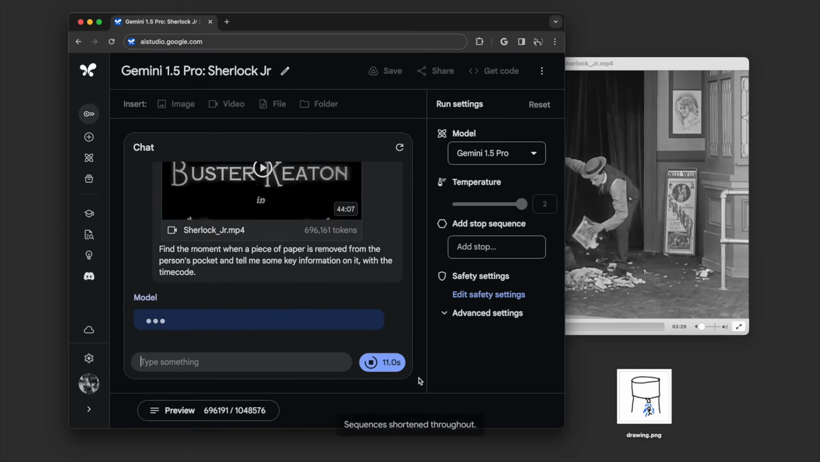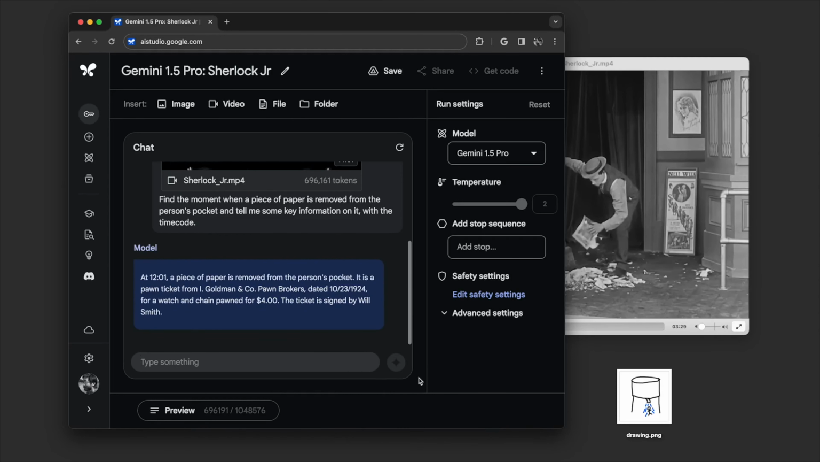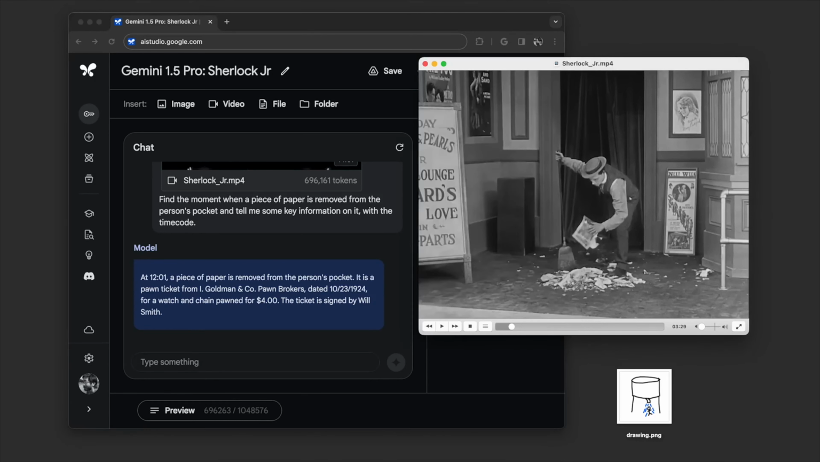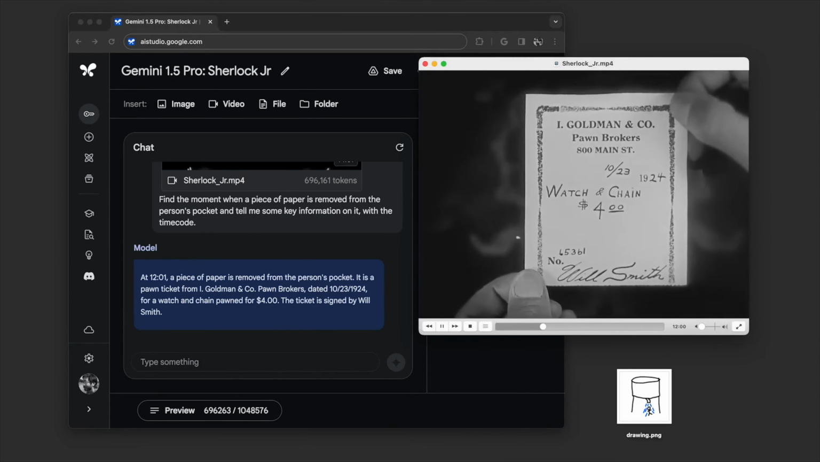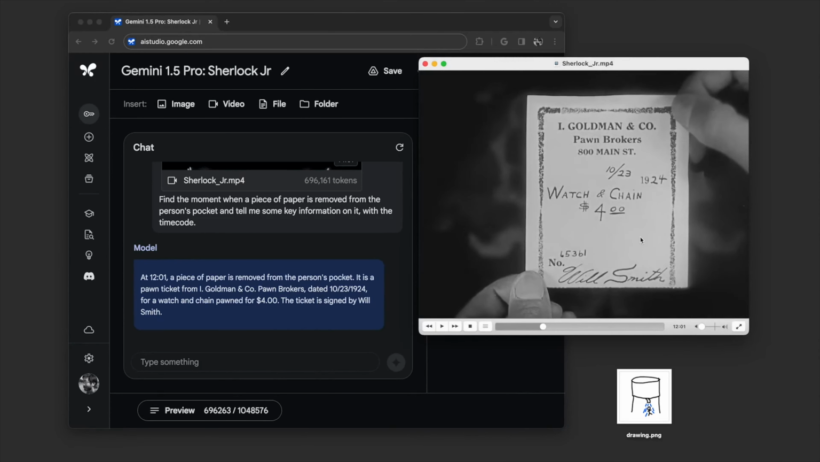This screen capture is sped up, and this timer shows exactly how long it took to process each prompt. And keep in mind that processing times will vary. The model gave us this response, explaining that the piece of paper is a pawn ticket from Goldman & Company pawnbrokers with the date and cost, and it gave us this timecode, 1201. When we pulled up that timecode, we found it was correct. The model had found the exact moment the piece of paper is removed from the person's pocket, and it extracted